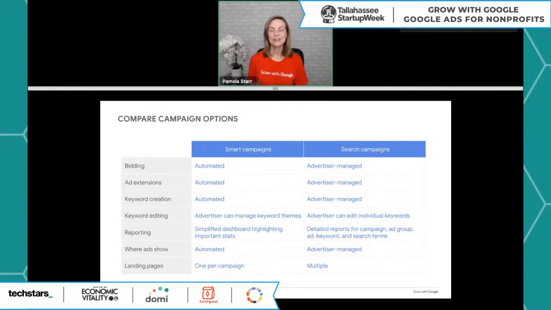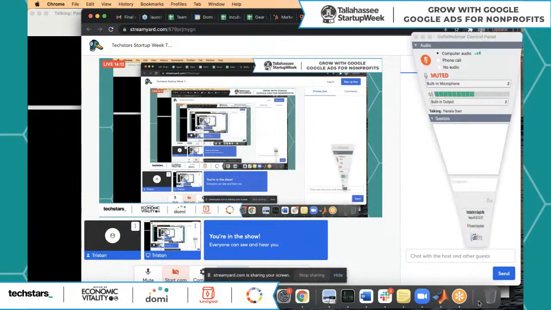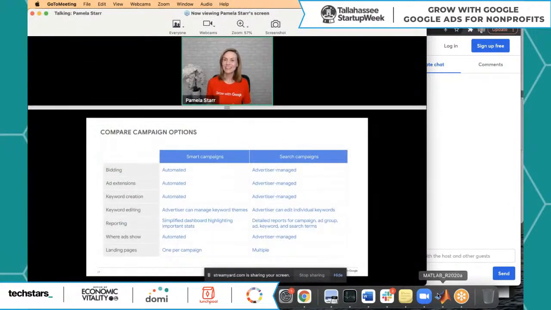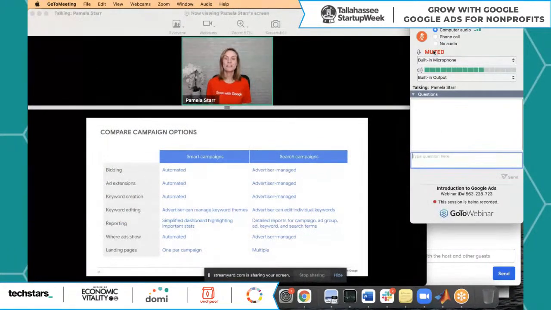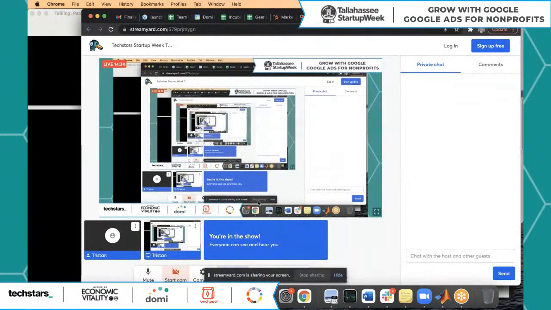Also, when it comes to advertising, one of the things that I hear quite a bit, particularly from smaller organizations, is they worry that this other organization has a really big budget. They're going to do all these ads, they're going to spend more money on ads, no one's even going to see my ads. What's the point, because I have a small budget. The budget is not necessarily the only or even the most important factor to determine how often your ad is displayed. One of the things that Google uses to determine which ads get displayed more and which ads don't get displayed as much is, for lack of better words, what's